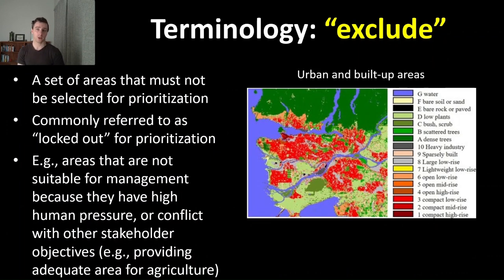Another key piece of terminology is exclude. Now, excludes are the opposite of includes. So includes are places that must be selected for prioritization. Excludes are places that must not be selected for prioritization. So we commonly refer to excludes as places that are locked out for prioritization. And these might include places that have unsuitable conditions for conservation management. So they might be places that you've identified that have particularly high human pressure or land use values that are